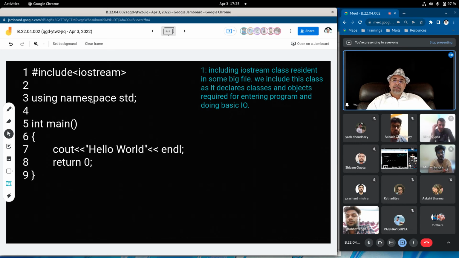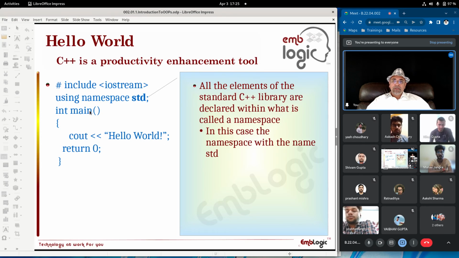Actually, in C++, let me tell you, between the preprocessor and the compiler, there is a mapping mechanism which will do the discarding of everything that has been included by the preprocessor.